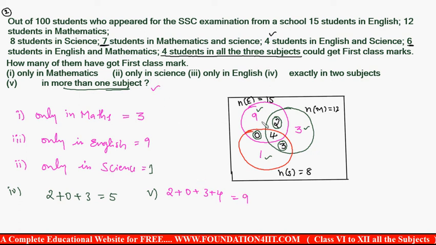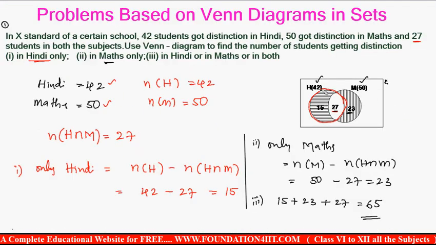So in this way, if you want to make the Venn diagram clearly, first we should write inside the combination. Then based on that, you can fill up the other values. This is the way we can do the Venn diagram problems. Just by making the Venn diagrams we can solve easily. These are a few problems. Next let us see what the Cartesian product of sets is and how to represent the Cartesian product of two sets. Let us see now.